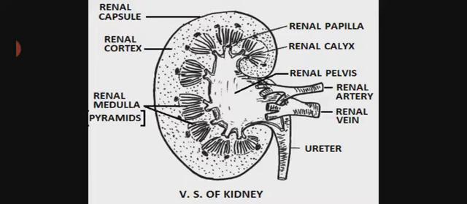In the medulla, you can see the pyramidal shaped structures called renal pyramids, and there are projections called renal papilla and units called renal calyx, which is further divided into major calyx and minor calyx. The base of all these renal pyramids enters a cavity called the renal pelvis, from where the renal artery begins, and it receives the renal vein. It also makes way for the beginning of the ureter, a fine tube which carries away the urine produced by the respective kidney.